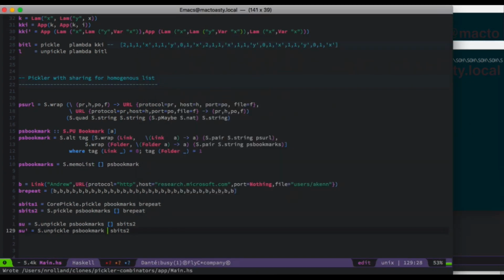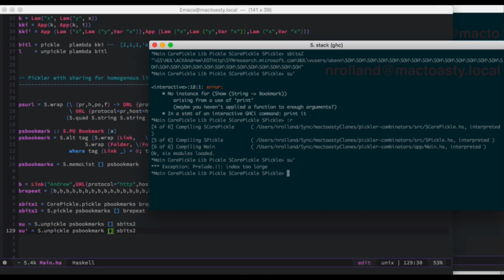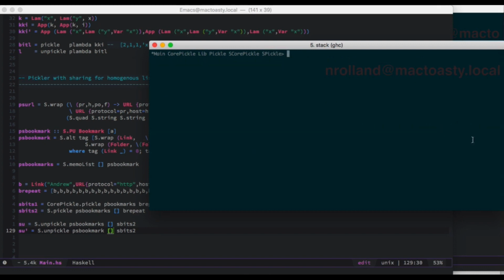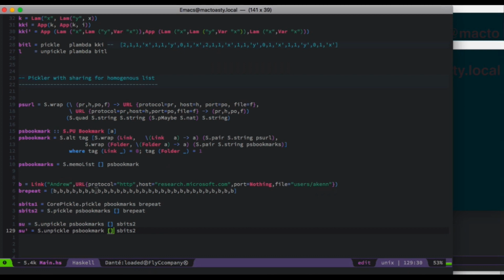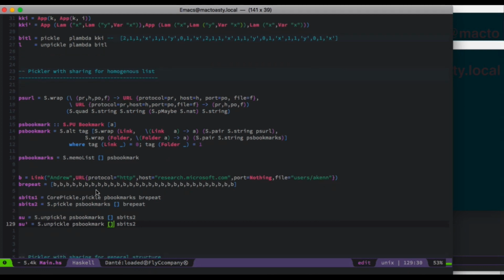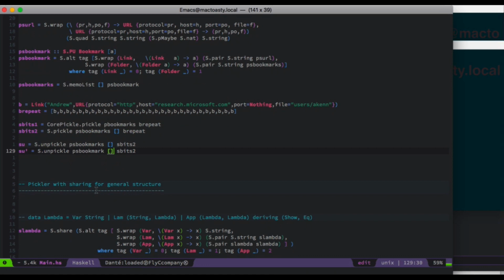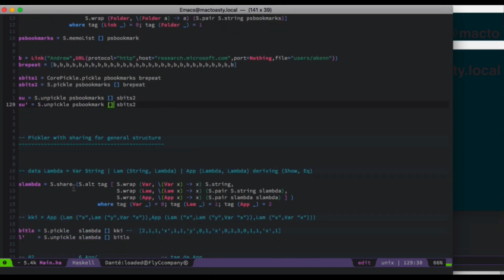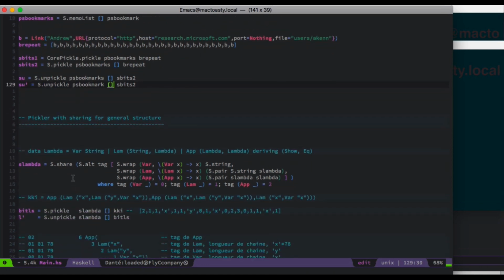And we have the same problem of type safety, where we apply a different pickler for encoding and decoding. We will have an error, a runtime error, not a type error. Now that was for list, but if we look at